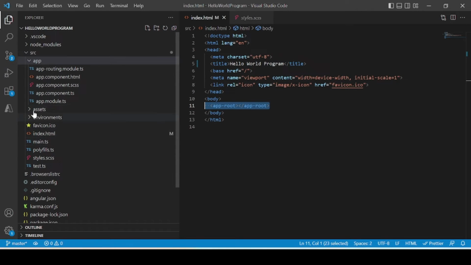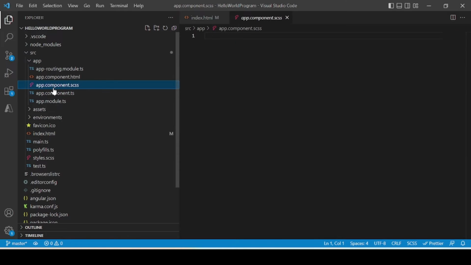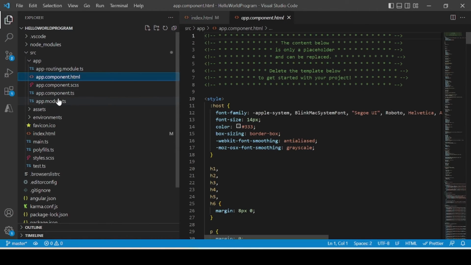So now in the index.html, you can change the title. If you want to add the JavaScript URL or code, you can add it, but I mostly don't touch this one because we really don't need it, with some exception, but right now we really don't need it. Okay, in the app folder we actually write our code in the component.ts file, css, html and module, along all